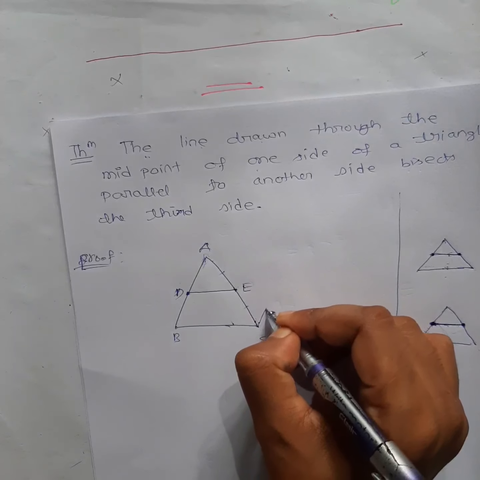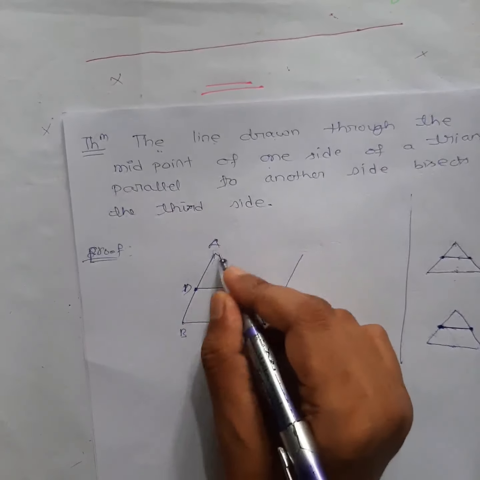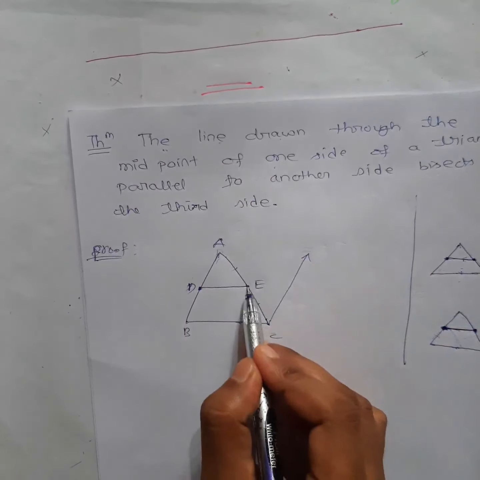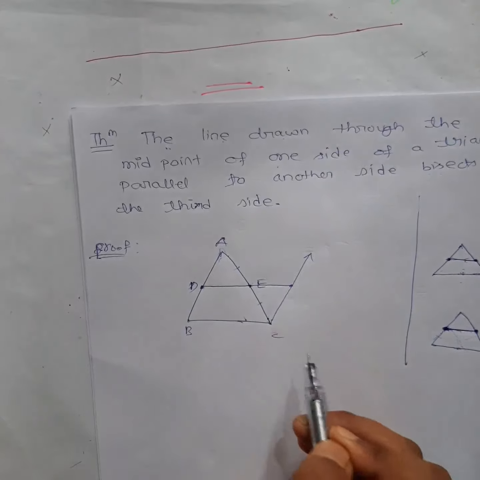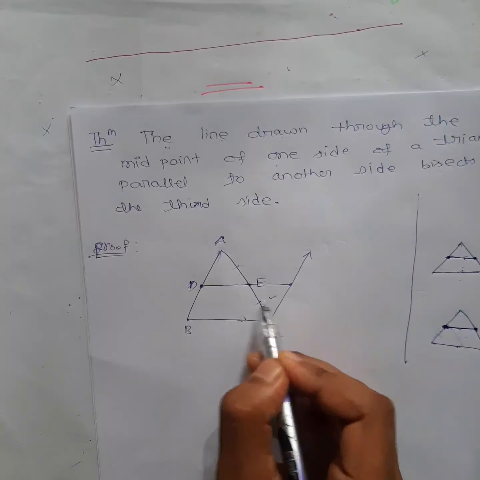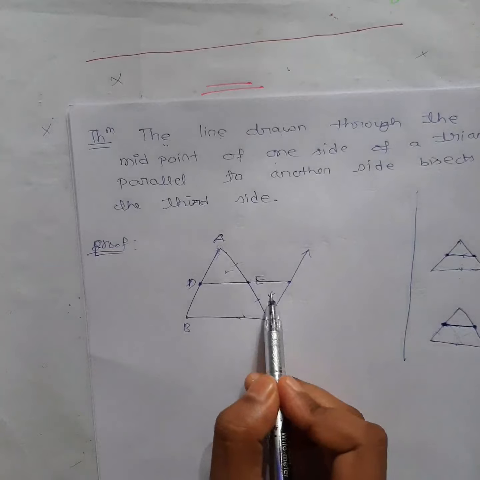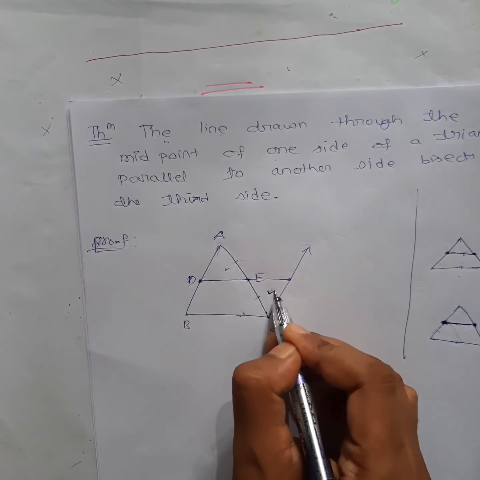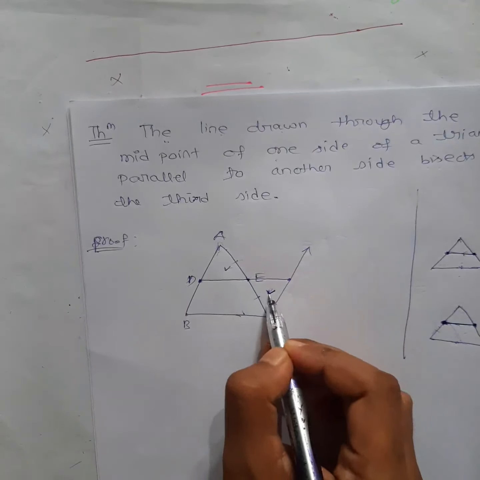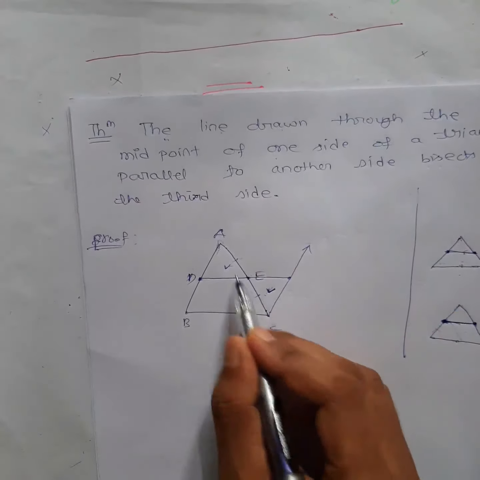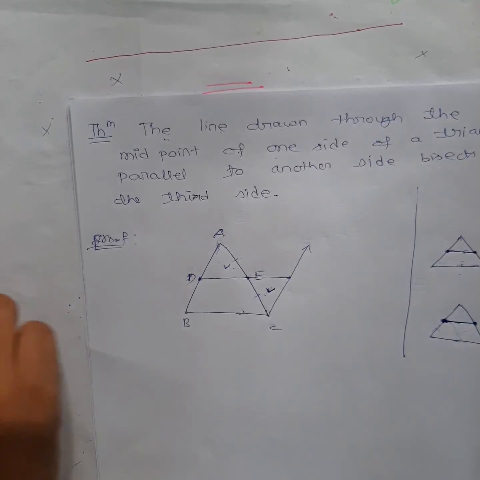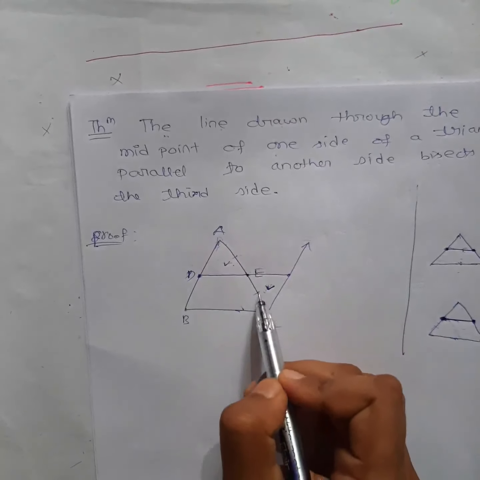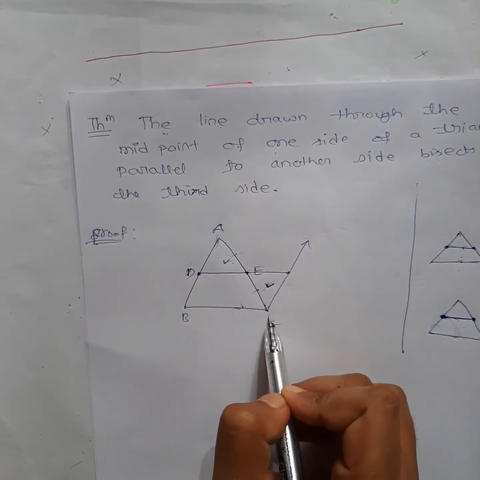Again construction, draw a line parallel to AB. In the last video we have done this, right? Then produce this one till here, same. Then what will you do to show these two equal? Just show this and this triangle congruent, which we have already shown in the last video only, right? In the previous theorem we have already shown these two triangles congruent. So you don't have to do anything new here. In this case, the same thing you have to write down. Just prove these two triangles congruent. Then after that simply you write AE is equal to EC.